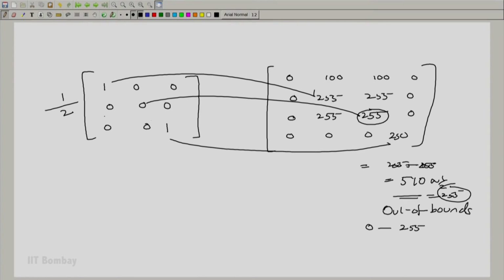We'll see more of this in the demo, which will happen shortly. So you might ask why this is a blur. It is a blur because if you look at it carefully, it is just two shifting matrices. If you only had that one in the top left corner and 0 everywhere else, you would be shifting your image to the right and downwards. And if you only had a one in the bottom right corner, you would be shifting your image upwards and